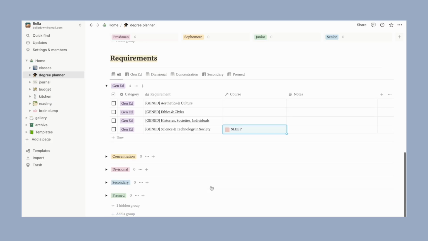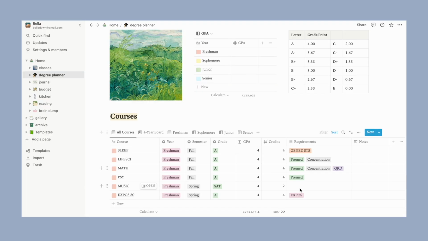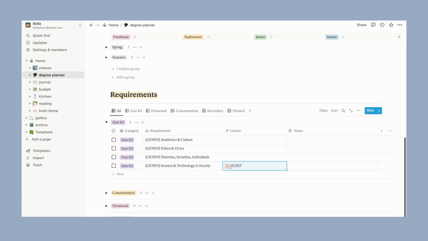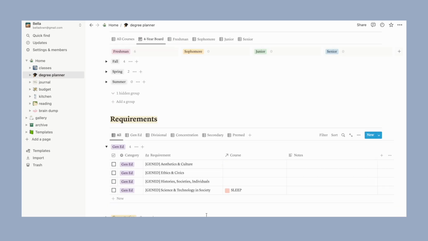You might have noticed that I also have a requirements column in the course section above. Here, I usually tag all the requirements that a course can fulfill using a multi-select. But in the requirements section, I put down which course I'm actually choosing to fulfill a specific requirement with. This helps me keep track of how I'm fulfilling which requirement, since some courses can satisfy different categories or double